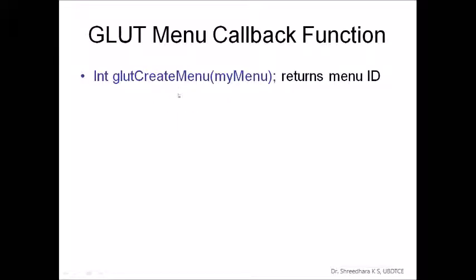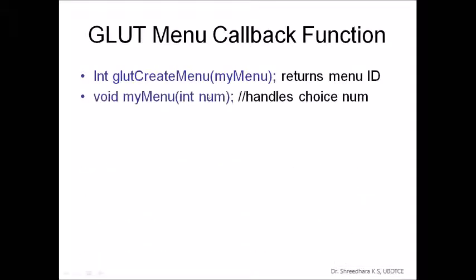Now we are using a similar type of utility in the OpenGL environment, with C or C++ support. With the help of glutCreateMenu, it creates my menu and returns a menu ID. If there are menus, each should be supported with an ID, just similar to how windows are supported with an ID. Here also you are creating the ID support. It automatically creates the numbers 1, 2, 3, 4, or you have to supply these IDs. So void myMenu is the function that you are writing.